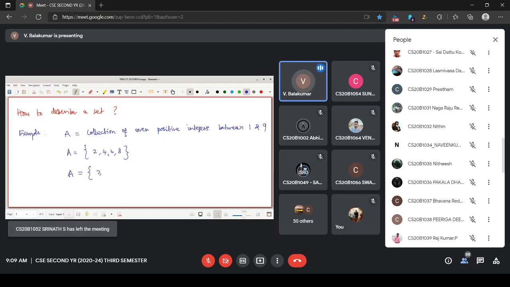I want to collect all integers. Set of integers I introduced already in the previous class. I collect all such numbers such that, what do we say? It must be between 1 and 9. And also one more condition, that must be even.